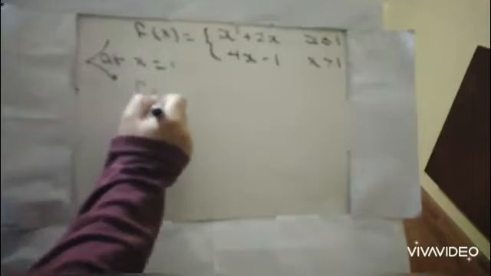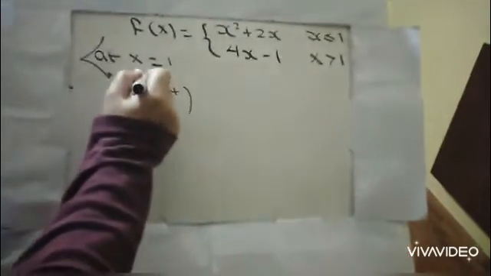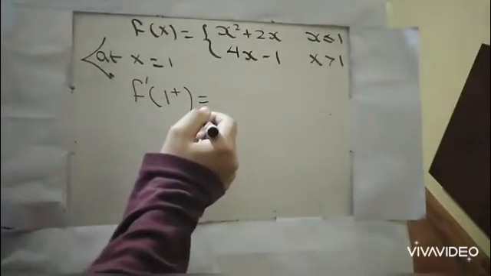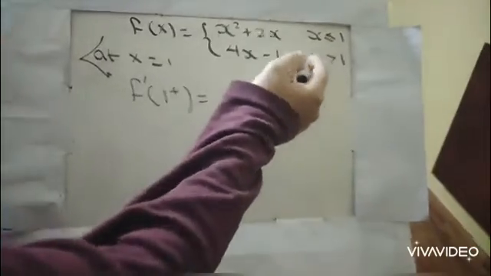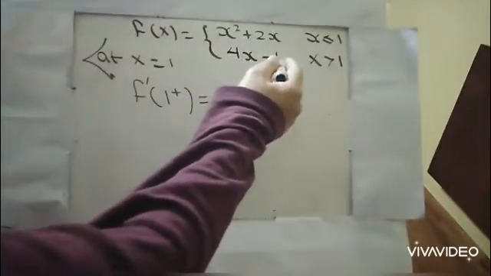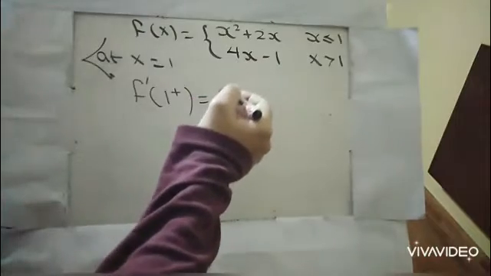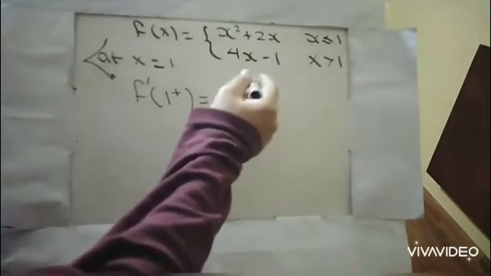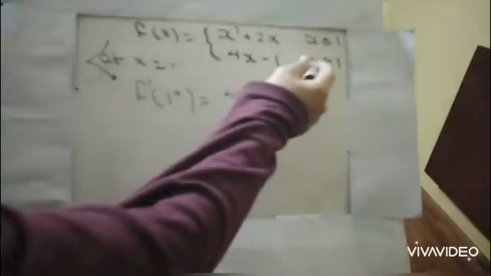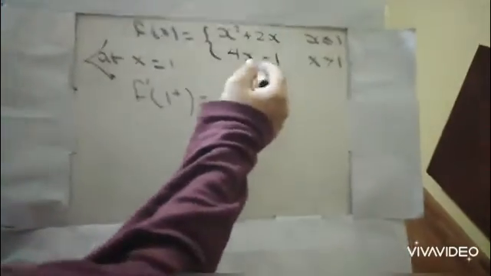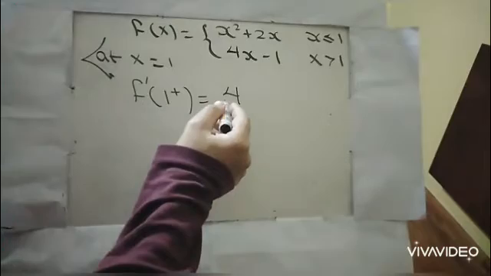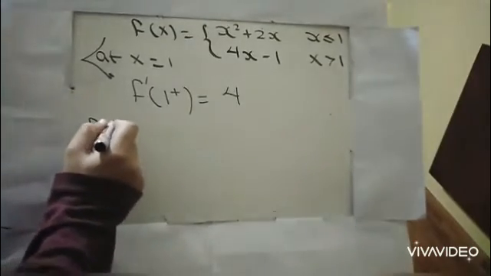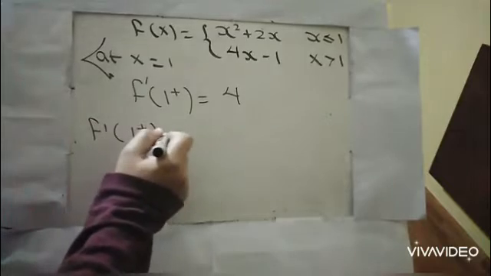We will get now f dash 1 positive. It means that we are going to get the slope at the right of 1 here. 4x minus 1, what's the slope? By a quick method, it will be 4. As we said before, f dash for the right of 1, which is 4x minus 1, the slope will be 4. But if we use the method of rate of change, as we have taken before,